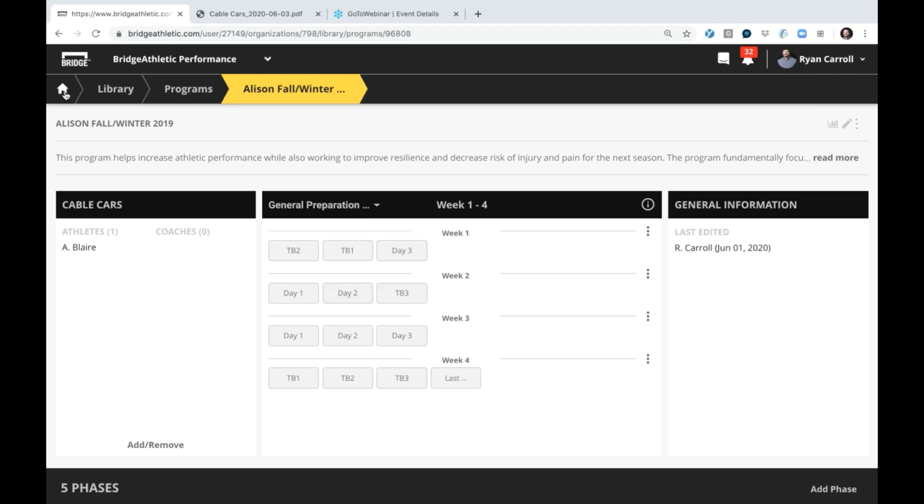The next thing I'm going to show you guys is printing. So hopefully you know by now that you have the ability to print on the platform. You can print for your athletes. They can print themselves. So if they log into the